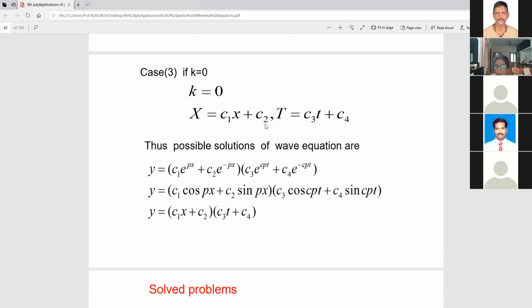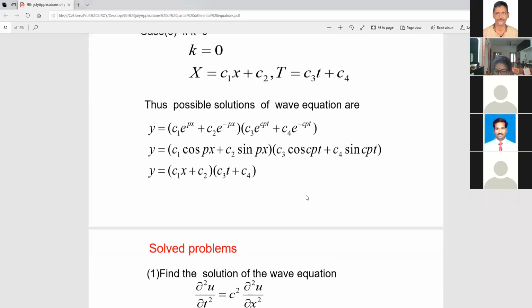And for the wave equation, you see these two are having exponential terms. Basically, if you see vibrations of a string, if you look at the graph also, that has the structure of cos and sine. So we don't go for the exponential solution. This contains an exponential curve, right? So this we are not going for. We go only for the sine and cos combination, because the string vibrations will resemble the graph of sine and cos functions. So it has physical nature only with respect to sine and cos. So we'll be selecting the second solution as the best solution.